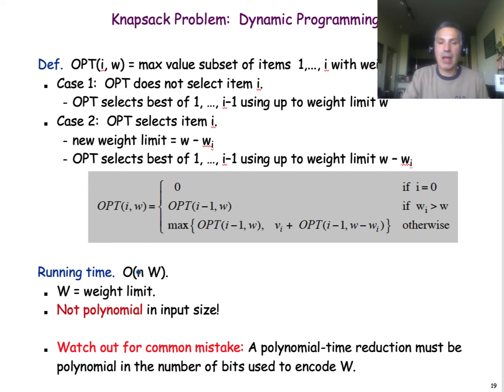The running time of the algorithm, as you remember, was big O of the number of objects times W. So when you look at this, is it a polynomial time algorithm with respect to W? With respect to W, yes, but in order for the algorithm to be really polynomial time, not pseudo-polynomial time, it should be a polynomial time function of the number of bits that we need in order to represent this number